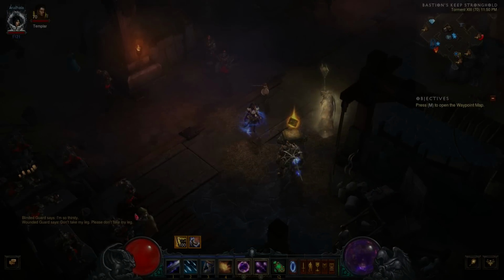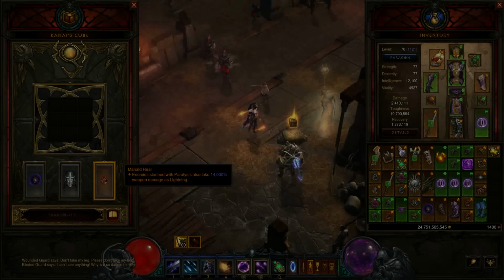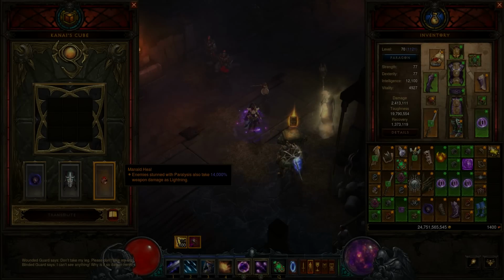So to understand first where the damage of this build is coming from, let's take a look at Manald Heal. Enemies stunned with Paralysis also take 14,000% weapon damage as lightning. The cool thing about this is when Paralysis procs on an enemy, Manald Heal can deal damage multiple times a second. So it's very fast, very impactful, and something we want to strive towards. That's why we're stacking a lot of attack speed in this build, and I'll show you in a little bit how we do that, but